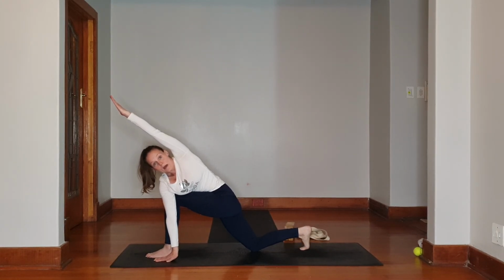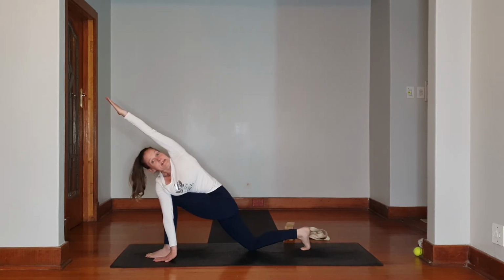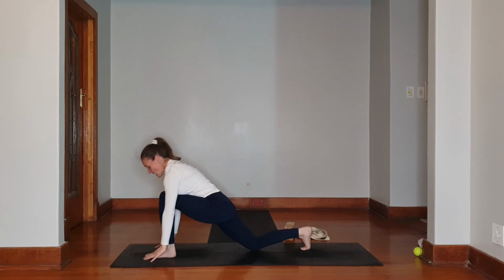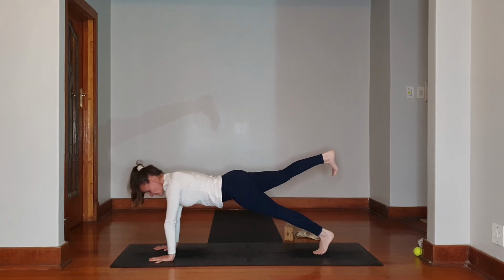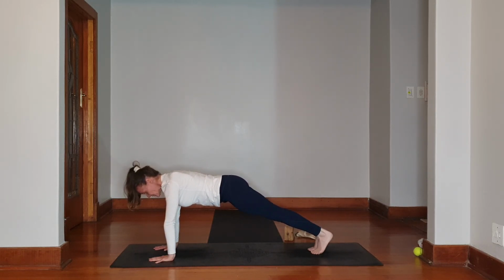So you work straight into it now. You're going to tuck the back toe and you lift yourself up. Stretching up, looking up. Deep breath. Parivrtta Parsvakonasana. Hold. Slowly drop the knee, hands back to prayer, and twisting to face the front. Lift those arms, hands to the floor, and step into a plank. Lovely. Right leg up and down. Left leg up and down. Right, up, down, left, up,